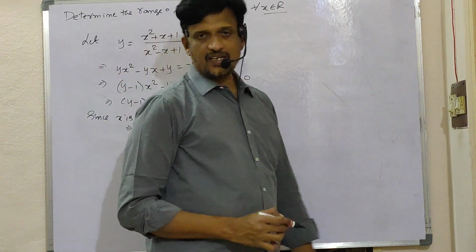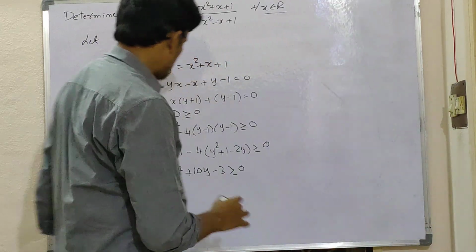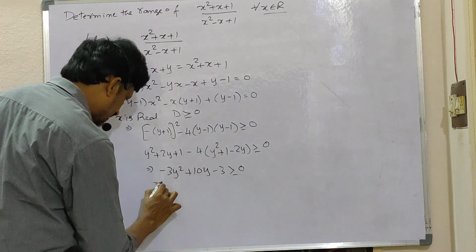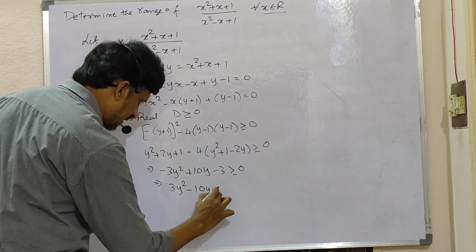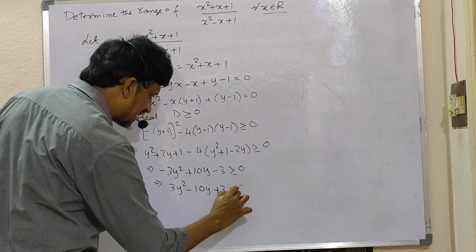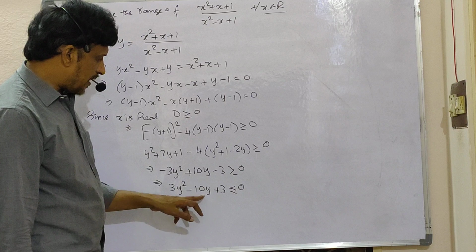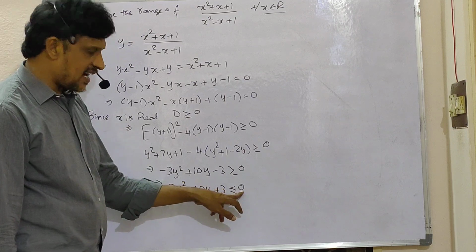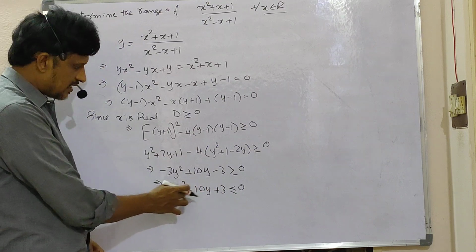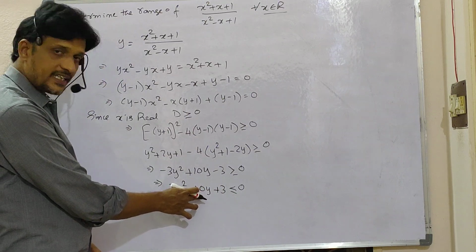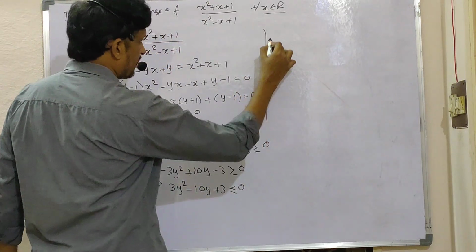Usually while dealing with inequations like this, try to get the leading coefficient positive. So just multiply with a negative sign, then you are getting 3y square minus 10y plus 3 is less than or equal to 0. Don't forget to change the sign. Okay, 3y square minus 10y plus 3 is less than or equal to 0, means write the factorization here. 3 into 3, 9. 9 ones are 9. 9 plus 1 gives the required 10. So you can write the factorization like this.